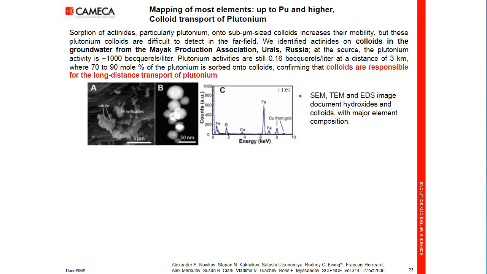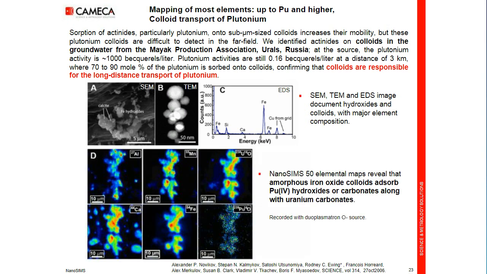and then the major elements, and then the NanoSIMS was used, and you see here a map showing aluminium, manganese, calcium, iron, and uranium and plutonium imaged through their UO minus and plutonium O minus, as they were imaged with cesium plus primary ions. So this example illustrates well the capability of the NanoSIMS to first